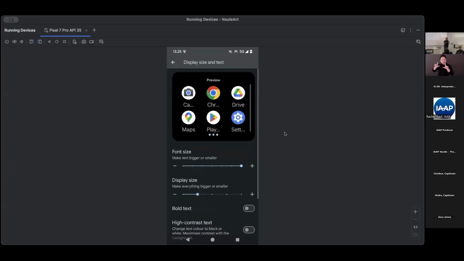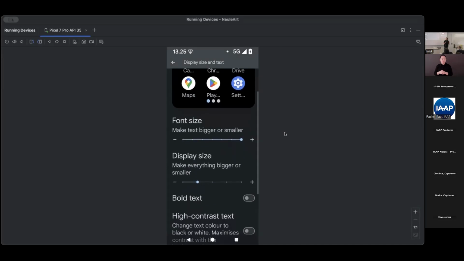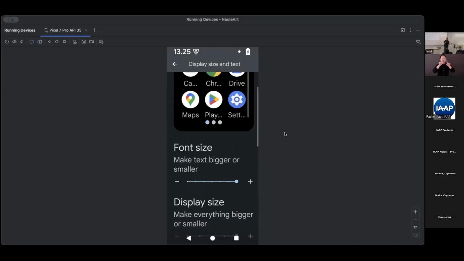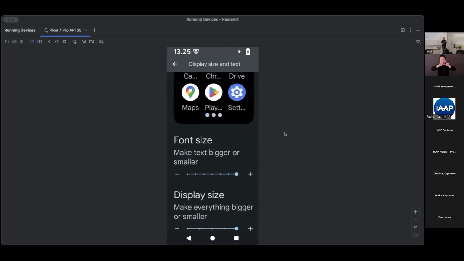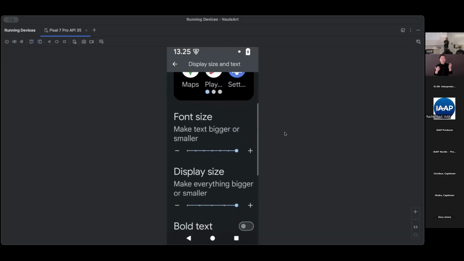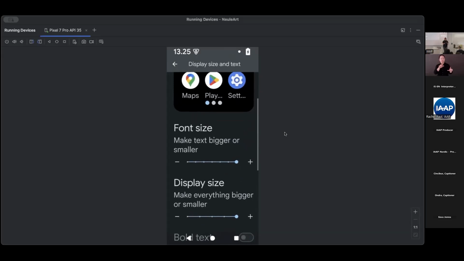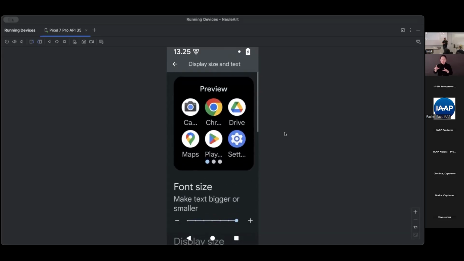I'm gonna first put the font size to the biggest one and then display size to the biggest one, because I have a pretty big phone. That's why I always put the display size to the biggest as well, so that I can actually demonstrate how things look on smaller screen phones as well. So now we have the font size as the biggest and then display size as the biggest one. And here is also a preview which shows